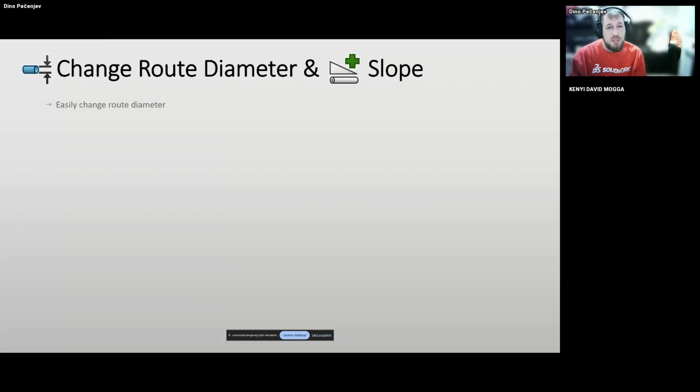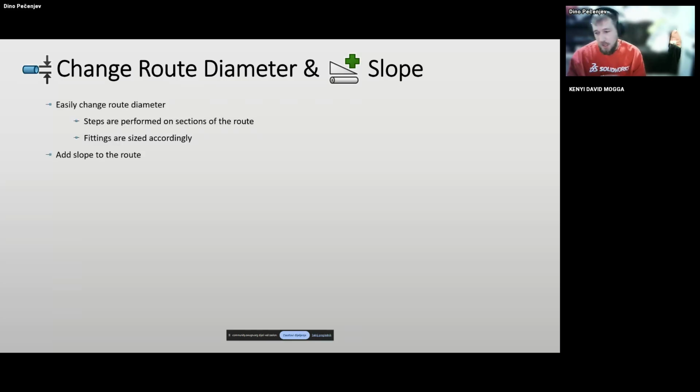We're going to deal with the most important thing in routing at all. So this is important: changing the route diameter. So how we can change the route diameter easily without having to think about so many parts, so many aspects of the design.